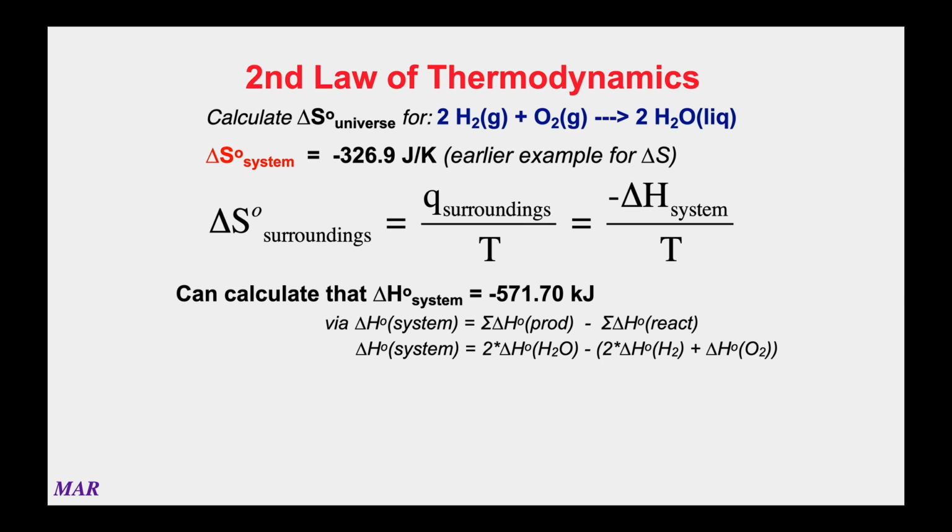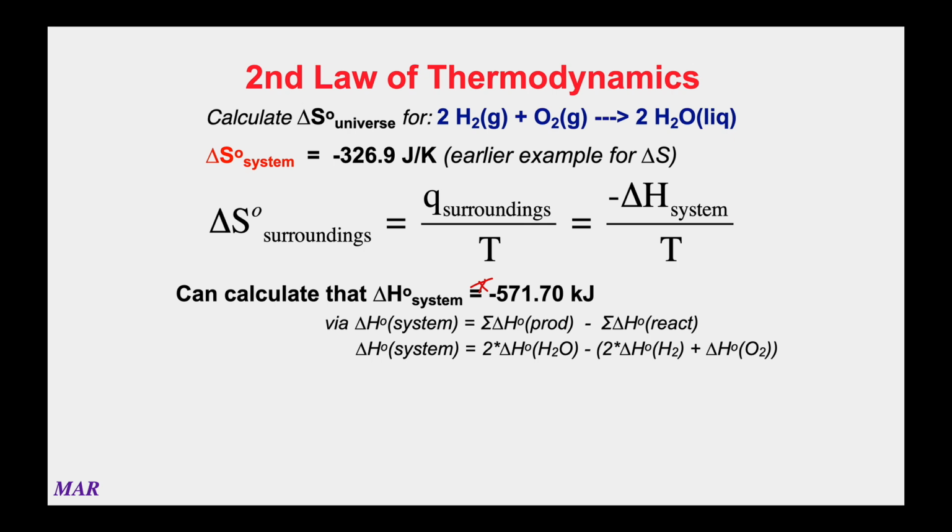Now, the delta H of the system is actually a number we already calculated. That was the delta H of products minus delta H of reactants. And we saw that the hydrogen and the oxygen had 0 values, but water was a number we could look up. We ended up calculating it was a negative